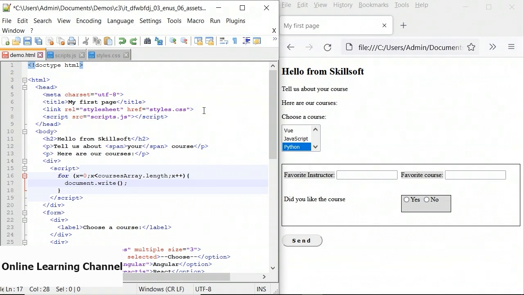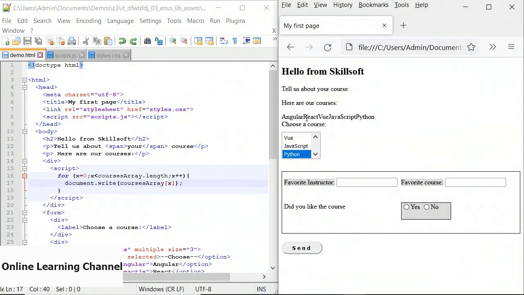Let's end our statement. And inside of those parentheses, we can now target our array. So remember, it's courses array. And if we use the square brackets, as well as our x, which is our index, we should get each element of the array. Let's save this now, refresh our browser screen, and we in fact do get each element